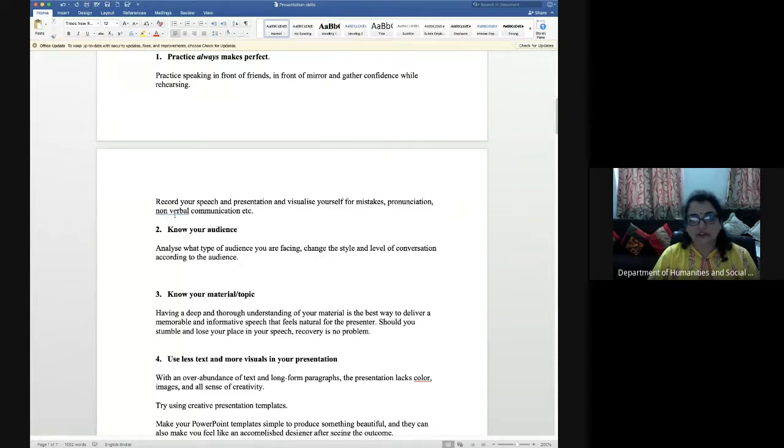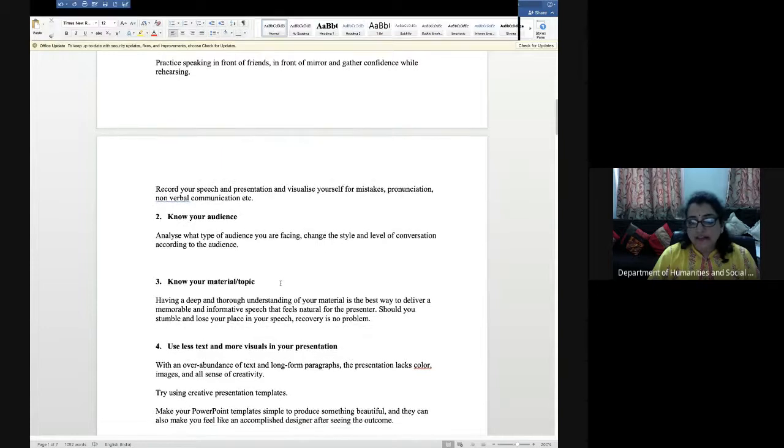So this is what is non-verbal communication again. So first thing is that you have to practice a lot. आपको मिरर के सामने या अपने फ्रेंड्स के सामने बोलने की कोशिश करिए और उसके बाद ये ध्यान रखिए कि कैसे उसको दूसरे लोग जज कर रहे हैं और आप उसके साथ प्रैक्टिस कर सकते हैं. So in 1 or 2 years, if you are continuously doing that, it would be quite beneficial for you and you will be able to speak English language quite nicely.